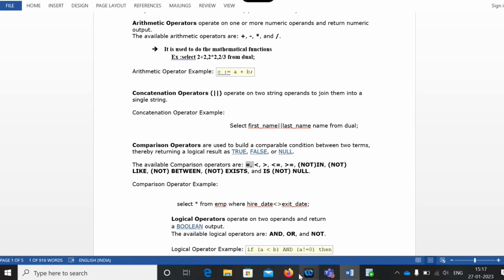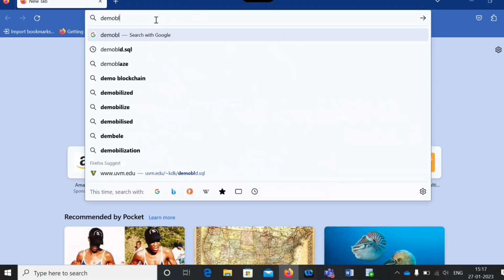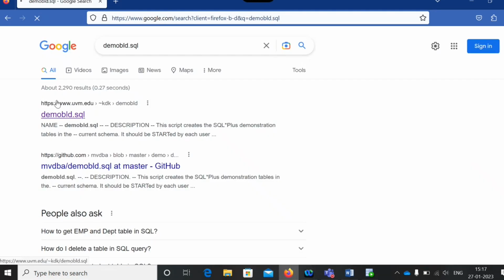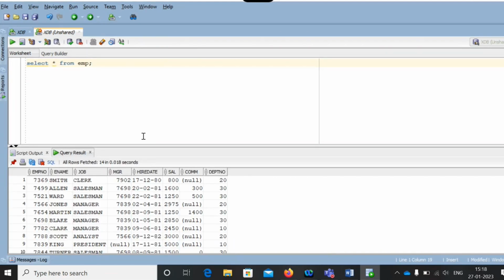So now my table is not present here, so I'm creating it here. Select star from EMP. Now we have this data.